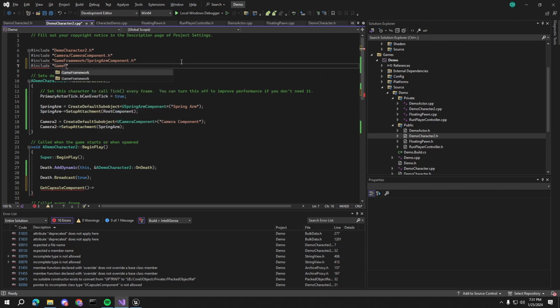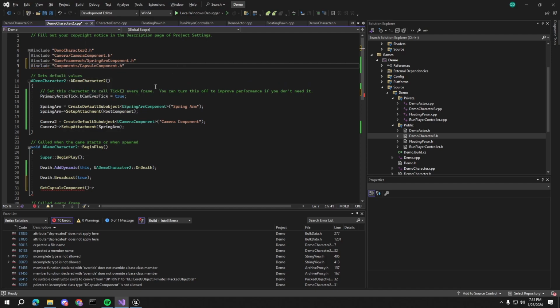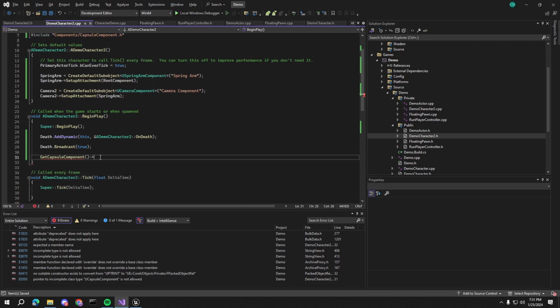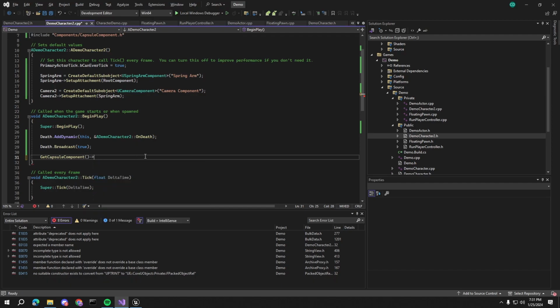I think it's game framework. Capsule. No, it's not. It's components. Capsule component. Then you should be able to access the other functions here. So again, see on component